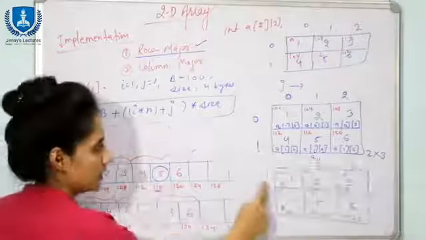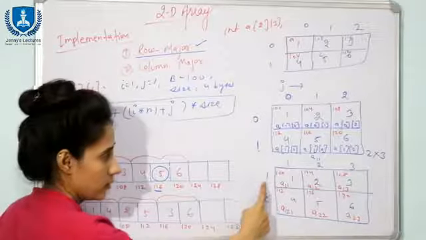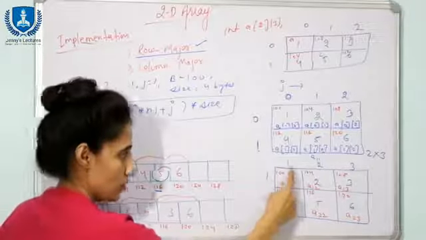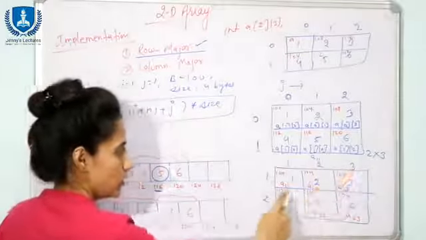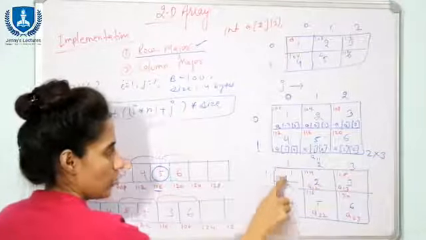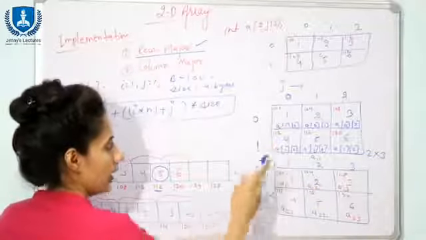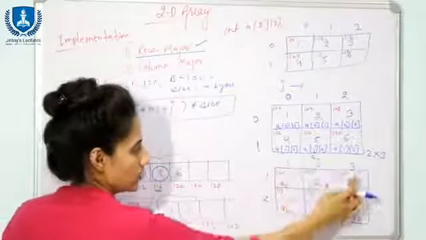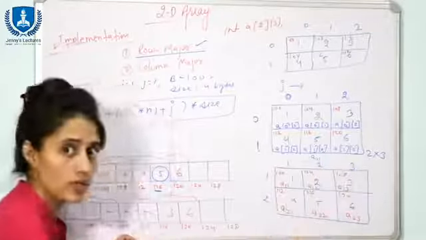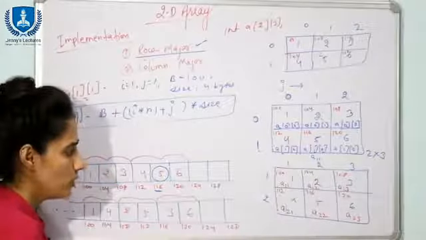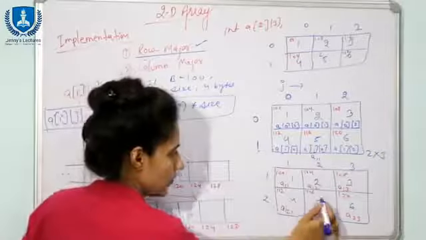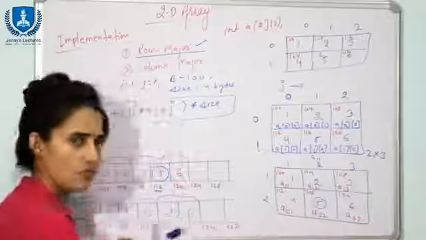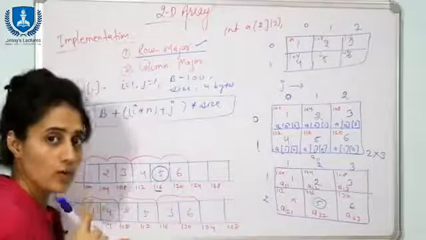See, now see, index has started from 1: first row, second row, and for columns also 1, 2 and 3. So here it would be A of 1,1. It is A of 0,0, and here it is A of 1,1, A of 1,2, A of 1,3, 2,1, 2,2 and 2,3. In this case, suppose you want to calculate the address for this 5, the value would be 115, right? But how to calculate this one?